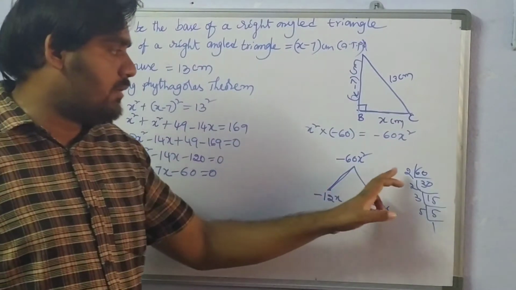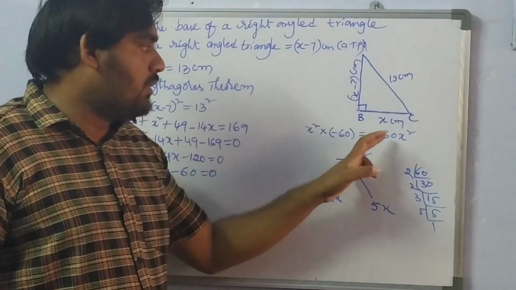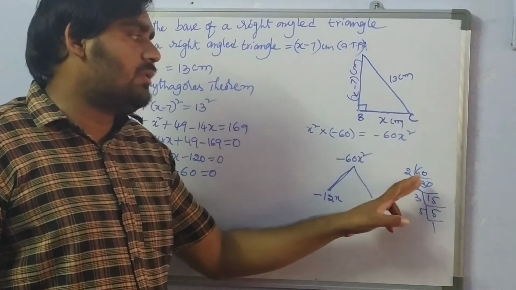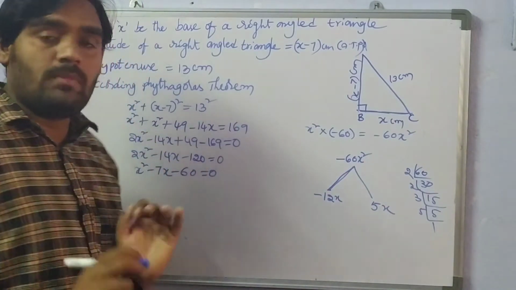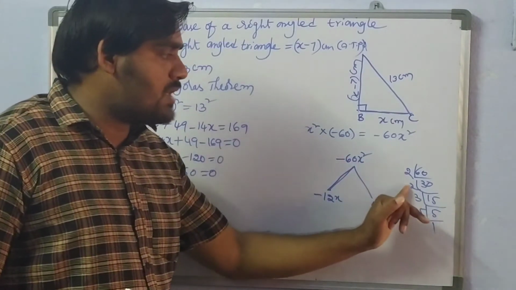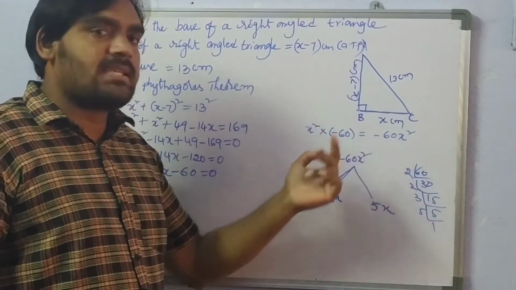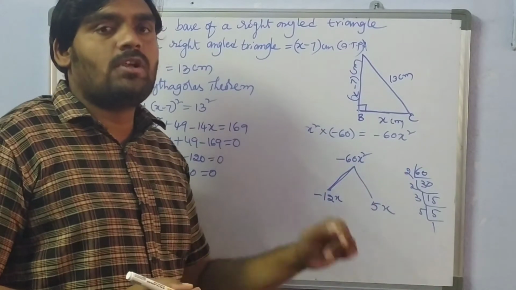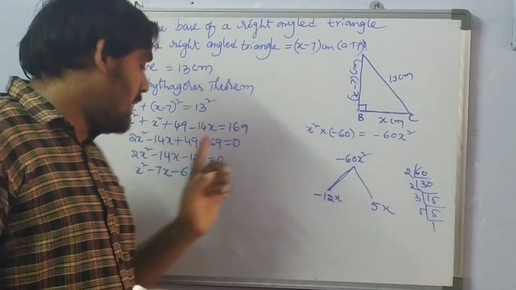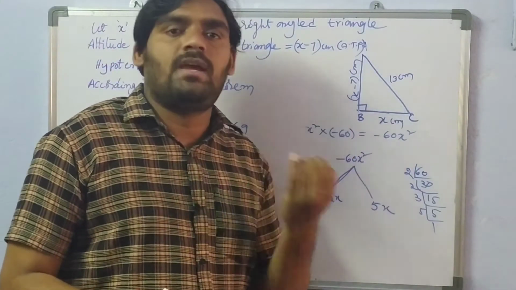First you need to take 2 into 30. If you multiply, we will get 60 only, but you need to get minus 60. So minus 2 into 30 gives minus 60, but if you add, the sum is not equal to minus 7. Next, 2 2s are 4, 4 into 15 is 60, but you need to get minus 60. If you give minus to 4, it becomes minus 4 into 15, which is minus 60, but if you add, the sum is not equal to minus 7x. Like that, we have to verify.